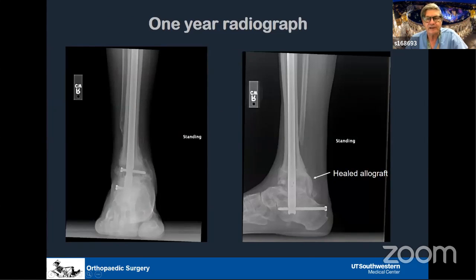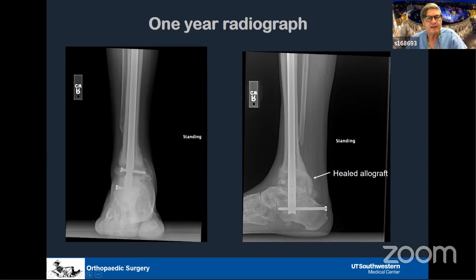And then 1 year later, you can see that he's actually healed the tibial proximal portion of the allograft. The subtalar parts I find don't heal very well, but this gives stability. And I know that this is dead bone, and this will heal ultimately by creeping substitution. But this is a gentleman who I was able to restore length and restore alignment and ultimately do this in